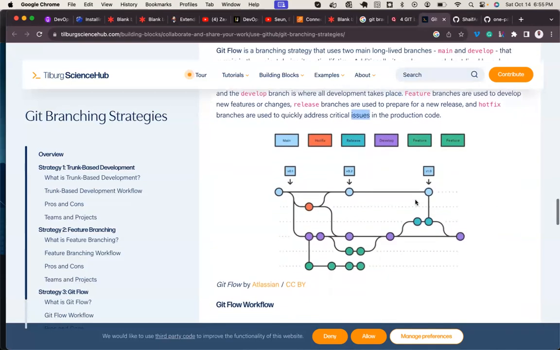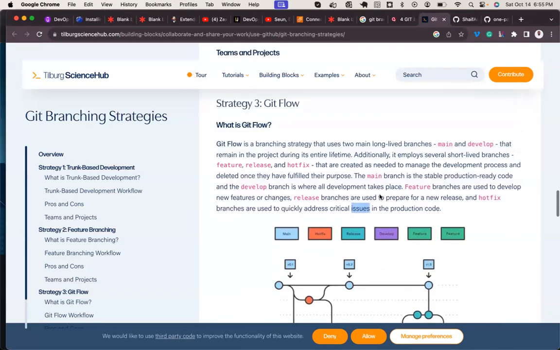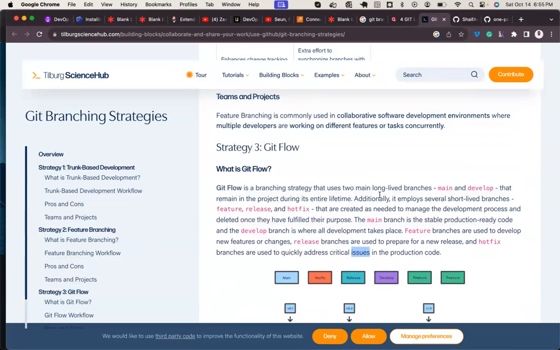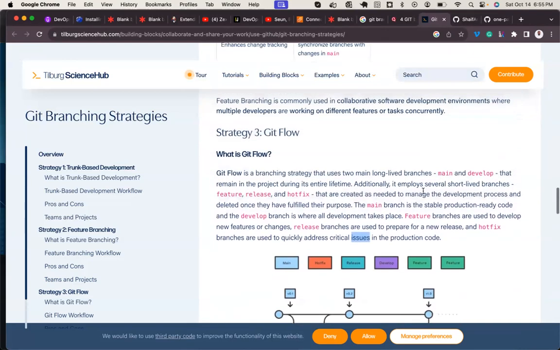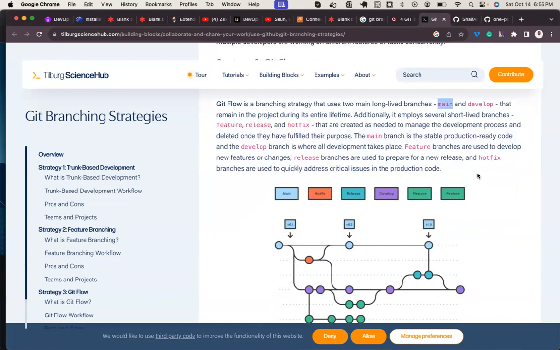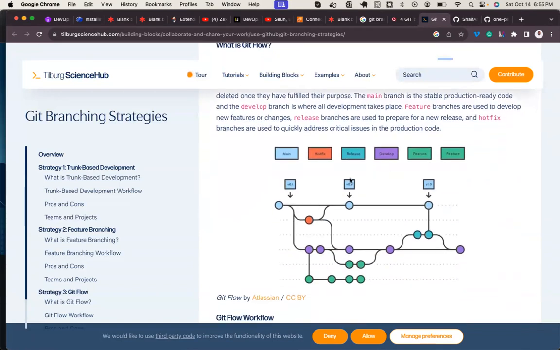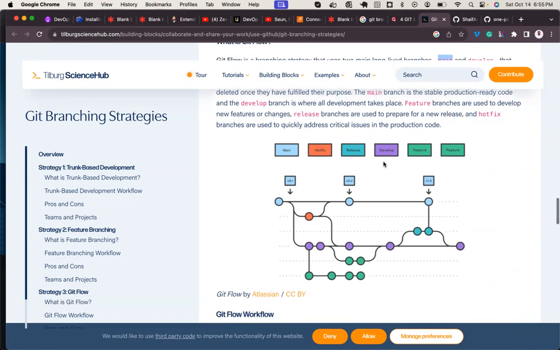So this is what you have here. We are being told that we have two long-lived branches. They call one main and they call the other develop. It could be master, it could be develop. It could be master, it could be what? QA. Now, this process is divided into other branches like the feature branch, the release branch, and the hotfixes branch.